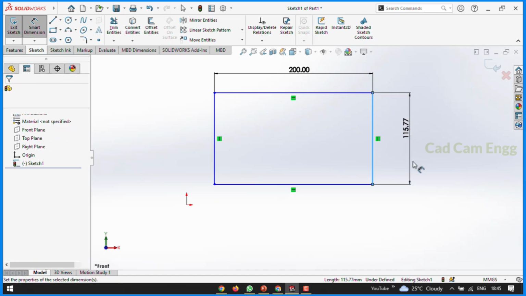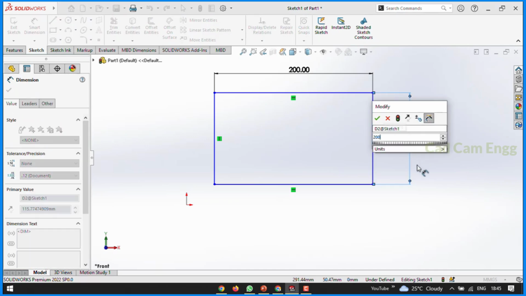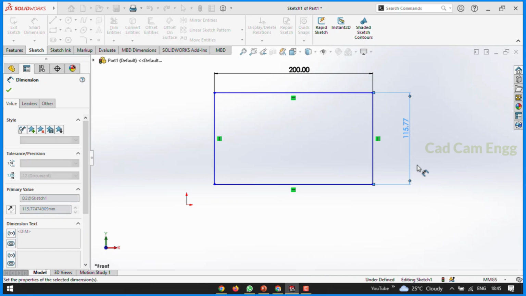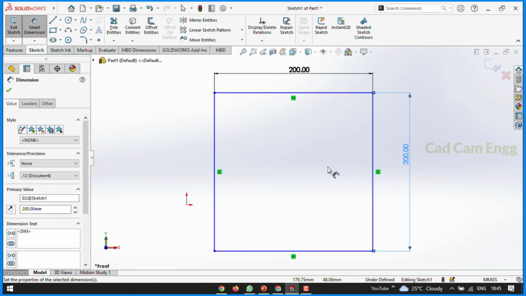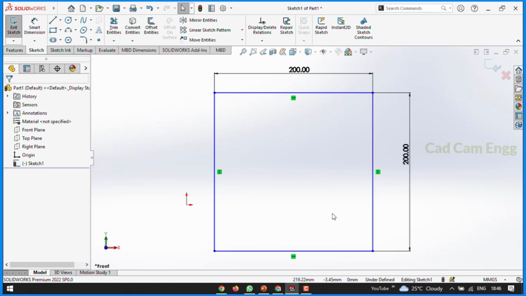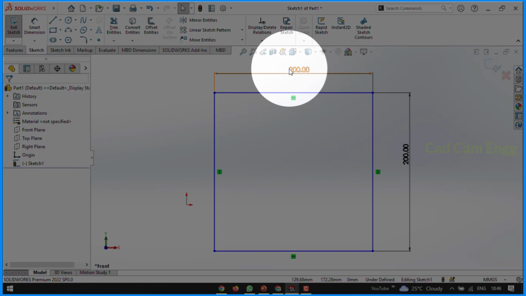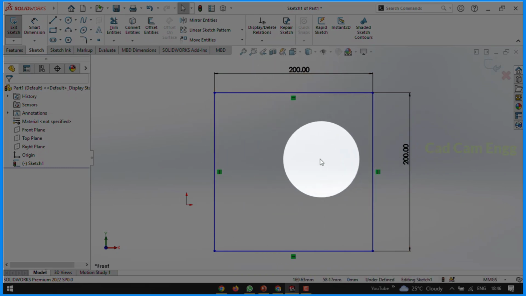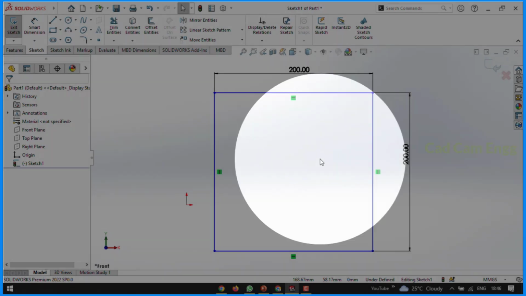This also 115, this also I'm going to change to 200. See, once you change it, automatically the value here is updated. Once you update, just click the tick mark. See, you can see this is also 200. This is also 200. You can see. I think in this place,